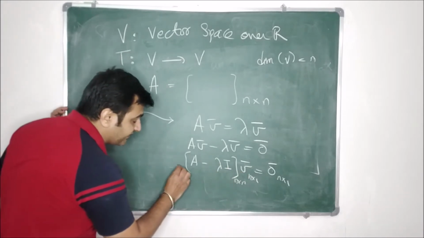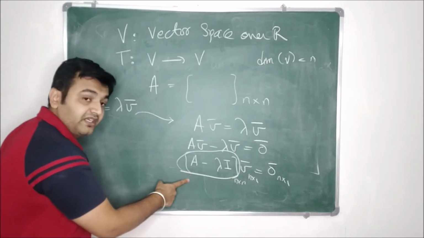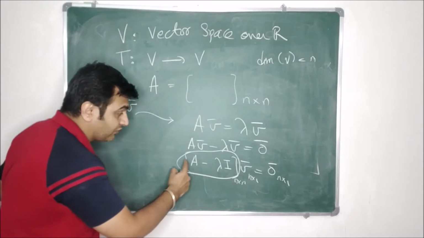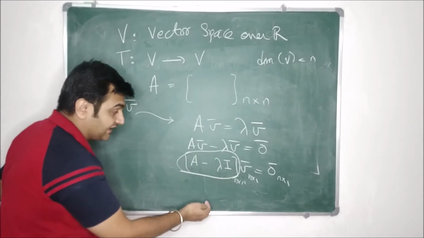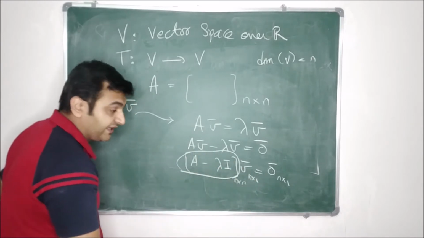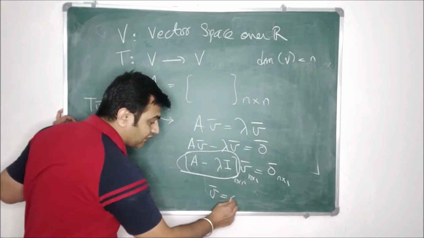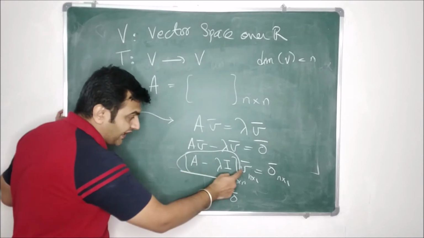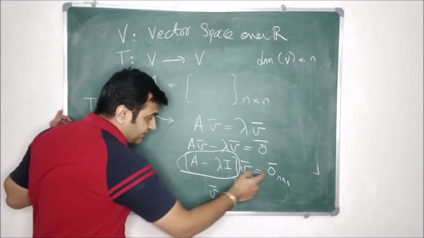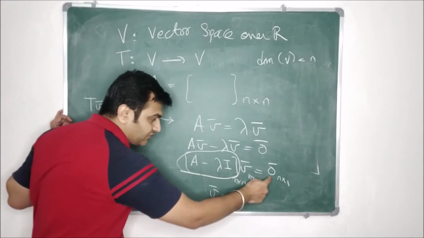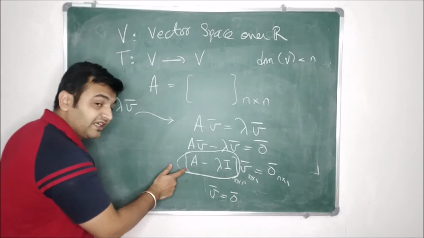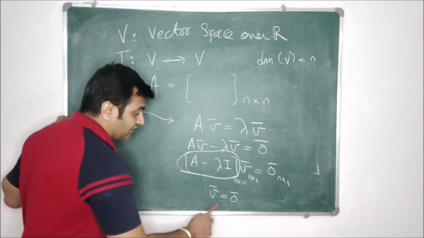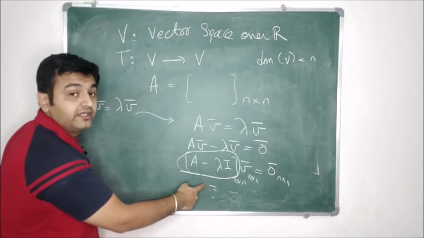Okay. So now since this is a matrix, if the determinant of this matrix is non-zero, that means what? This is an invertible matrix. As soon as it becomes invertible, you can multiply by the inverse. So what do you get? You get V bar equal to 0 bar, because when I multiply by the inverse, this becomes identity. So I have only V bar, and A inverse into 0 bar, the inverse of this into 0 bar, is 0 bar. So if the determinant is non-zero, then you get a zero eigenvector, but eigenvectors are always non-zero. So therefore this has to be non-invertible.